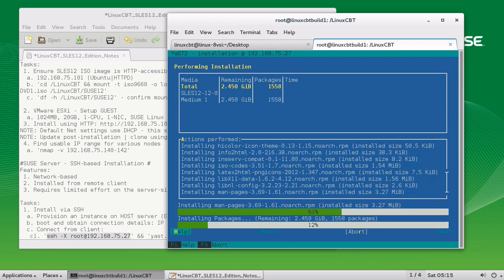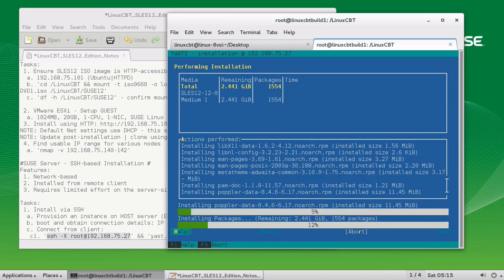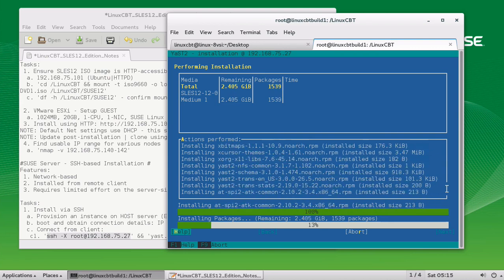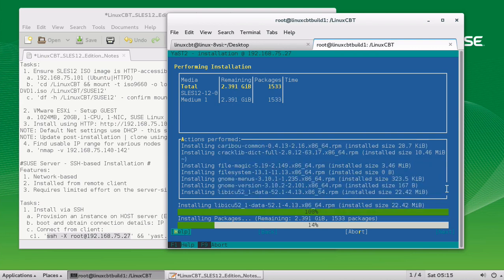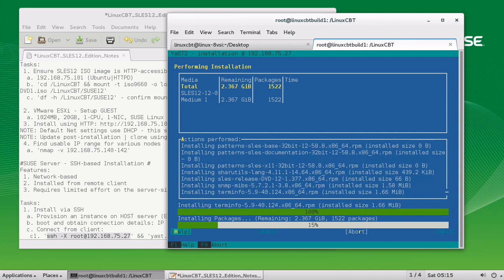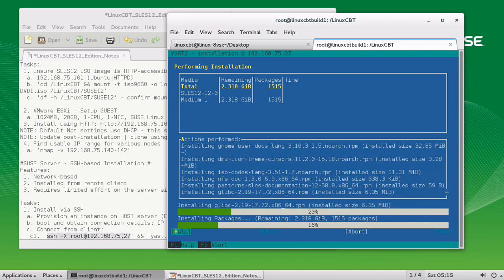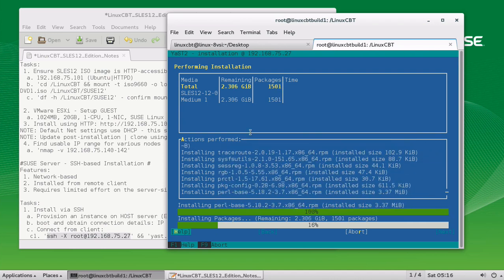Now this will default to a footprint of 2.5 gigs and a default systemd target, which Red Hat also uses, graphical.target, which can be shifted after the fact. So we purposely use the larger footprint with the GUI so that we could change things after. So while this installs, let's just